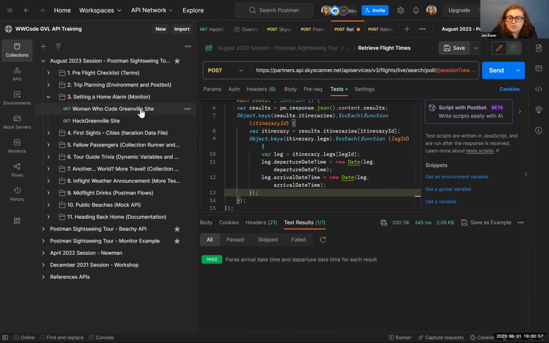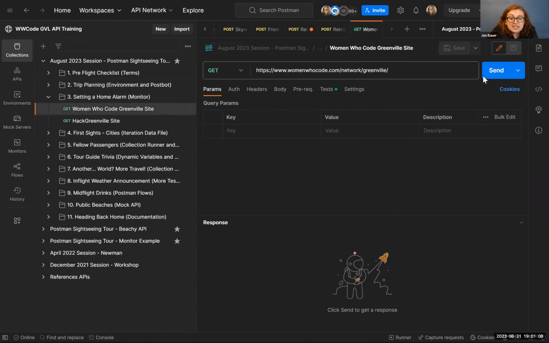So we're doing our trip planning. Now, before anyone goes on any sort of a long trip, of course you want to set a home alarm. So I want to show you another feature. It's called setting a monitor in Postman. So let's say that there's something that we want to take a look at, and we actually want it to keep